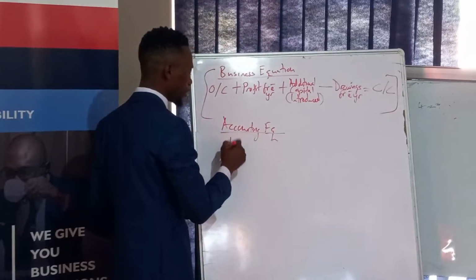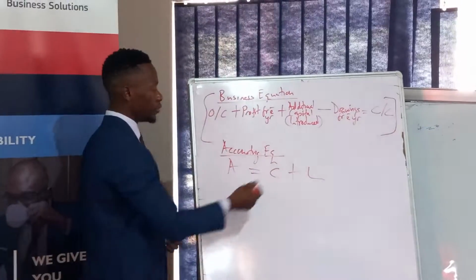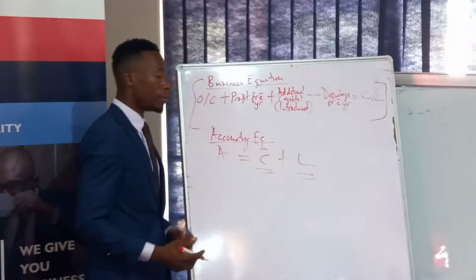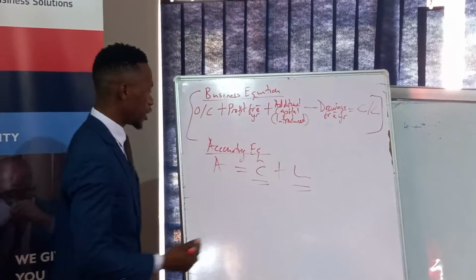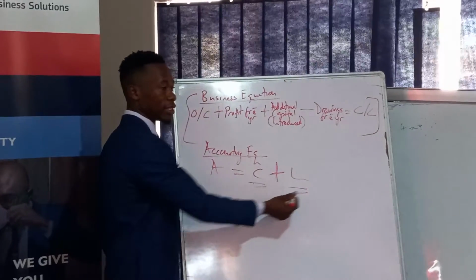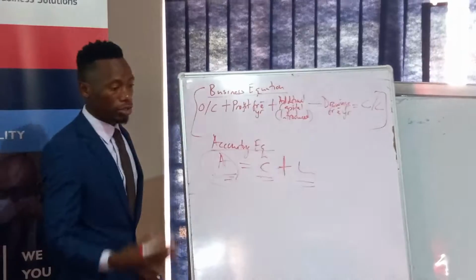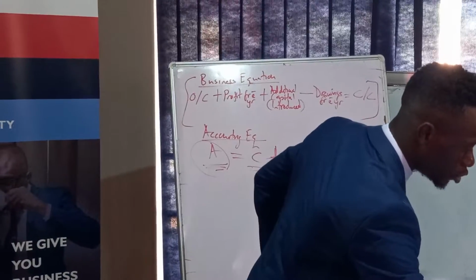And what about the accounting equation? Accounting equation, we know this: assets is equal to capital plus liabilities. You start your business with capital plus the liabilities that you get, because normally people end up borrowing money. You start with the capital plus the liability, you combine the two, you acquire assets, then you operate your business. Right. So guys, looking at this question,